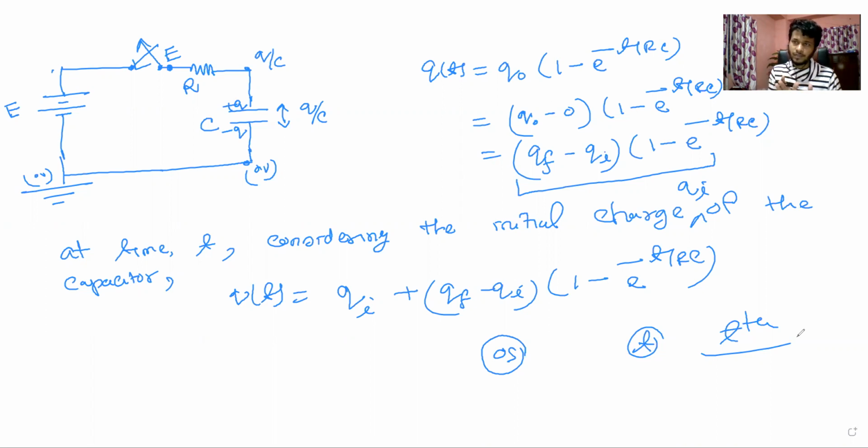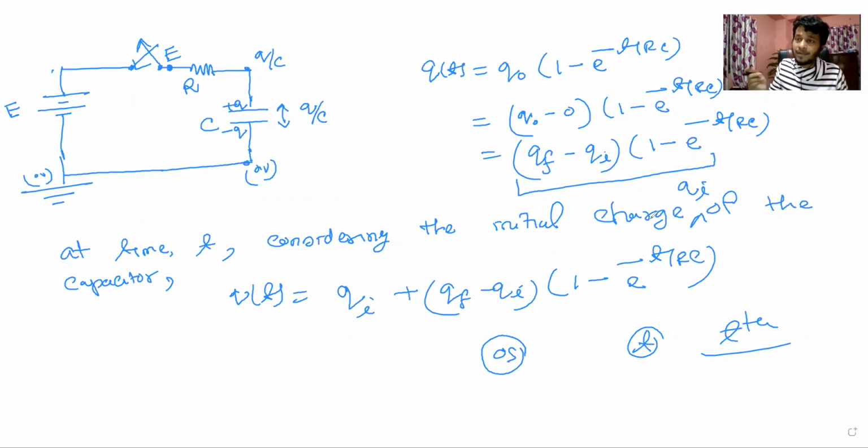Right? Yes sir. Then that means over this time, or up to this time t, our capacitor has gained this amount of charge, isn't it? Qf minus Qi, multiplied by 1 minus e to the power minus t by RC. মানে স্যার, মোট চার্জ এখন ক্যাপাসিটরে এতটুকু আছে, এই ইকুয়েশন দিয়ে বোঝা যাবে. Correct.